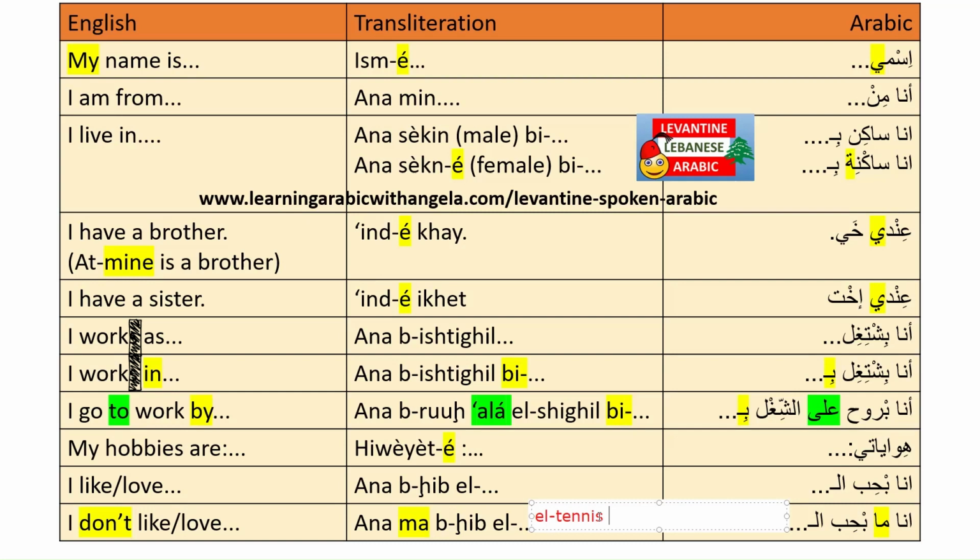So أنا بحب, I like or I love. أنا ما بحب, I don't like or I don't love. أنا ما بحب again, we're using